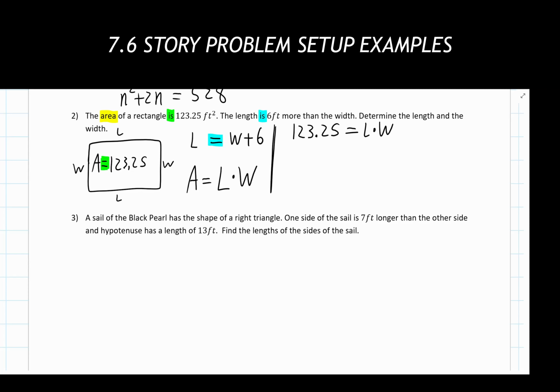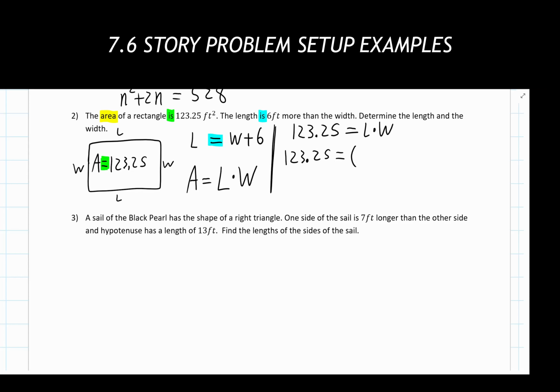But I don't like that I have two variables on this side. I can't actually solve this for the length or the width if I have two variables on that right side. So that means I need to replace either the length or the width with a different expression that uses the other variable. And I actually have that right over here. I know the length in terms of the width, so I can substitute in that new length into this equation. So instead of having the length written as L, I could write in W plus 6.